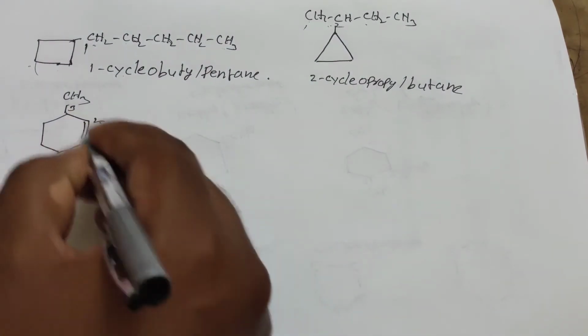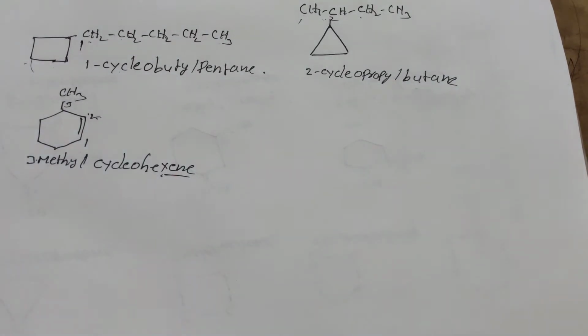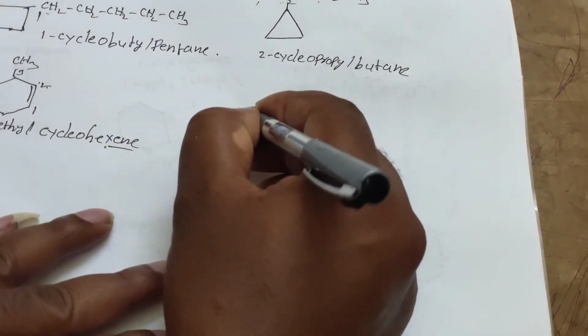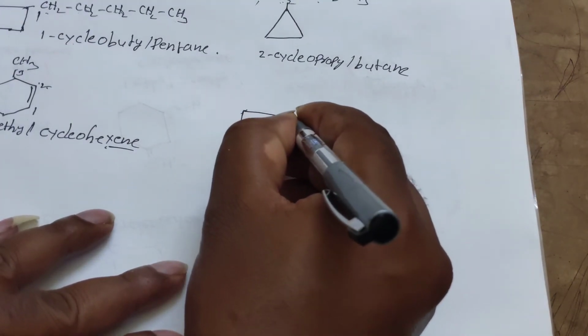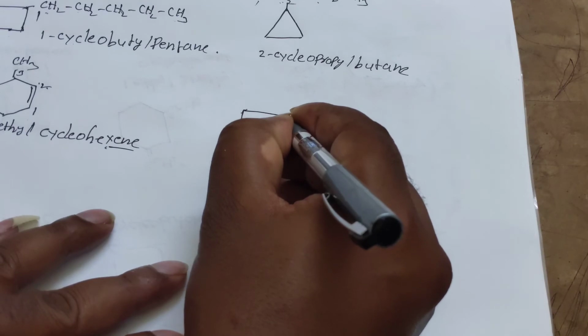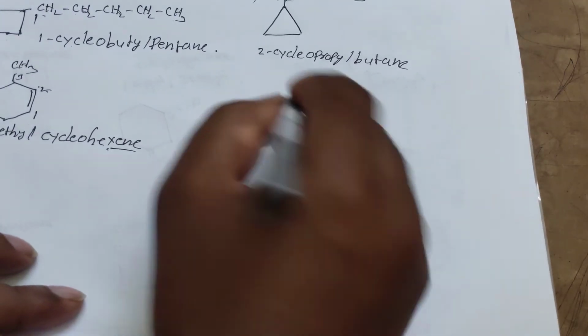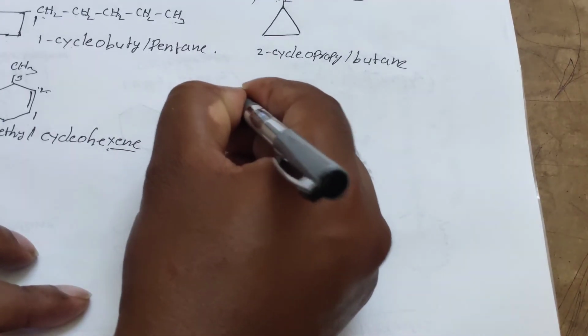Just I am writing it in. Why? Because here between the carbon and carbon they have the double bond. And one more example here, I am writing cyclopropane, and here I am writing the triple bond, and I am writing one more substitution, just taking a methyl group.